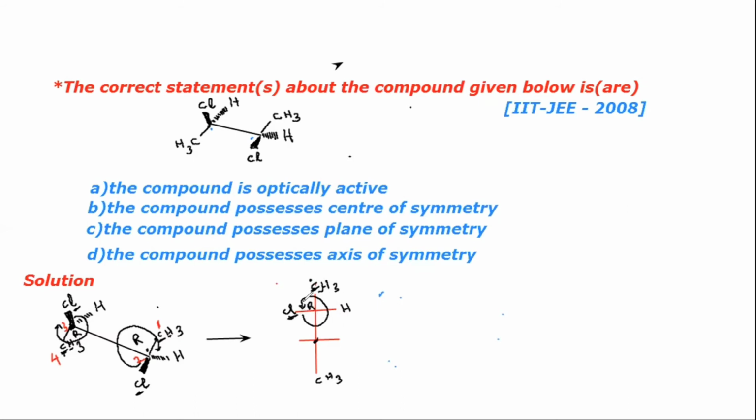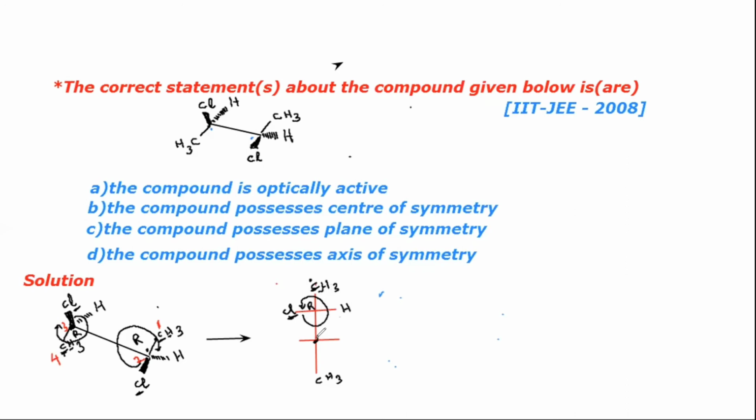Actually, for anti-clockwise direction, we must give S configuration, but hydrogen is on the horizontal line. That means on the Fischer formula, if the least priority group like hydrogen is on the horizontal line, it is towards the observer. For the right configuration, the least priority group should be away from the observer. When the least priority group is towards the observer, we have to give the reverse configuration. For anti-clockwise, actually S should be given, but here R is given, because the least priority group is on the horizontal line, kept towards the observer, right?